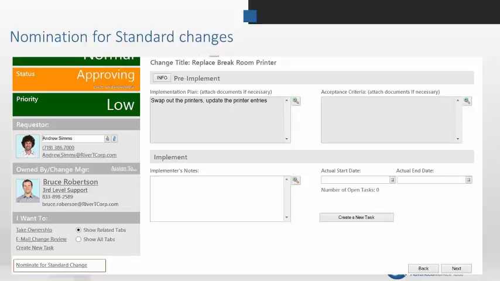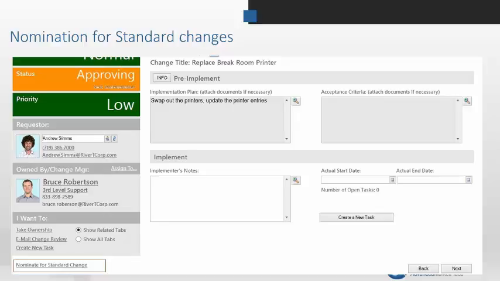But the way that it works is that when you're in a normal change and it hasn't been approved to be a standard change yet, you can nominate it to be a standard change. And it creates a clone of your change ticket and takes it through the normal process and gets the approval. Now, the approval is not for that one specific one. That has its own life and continues on as a change ticket.